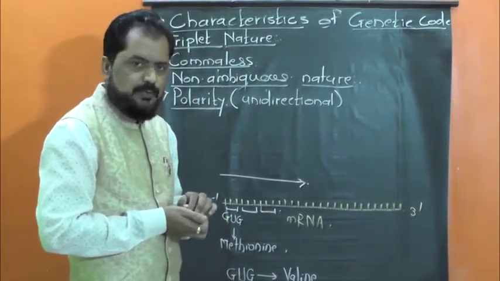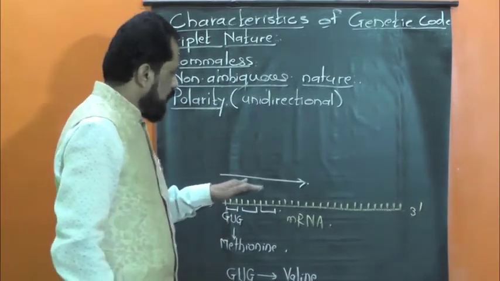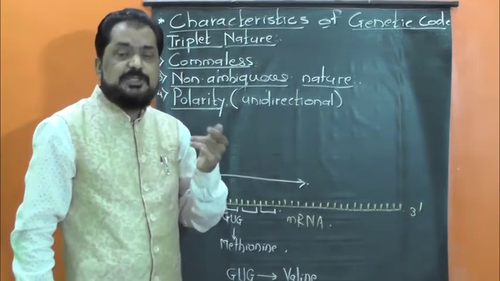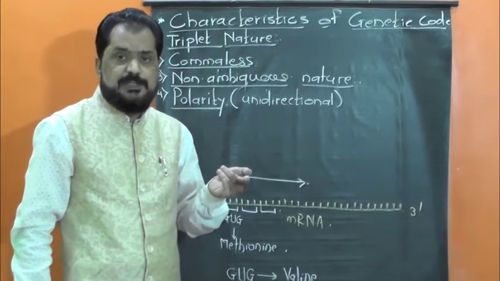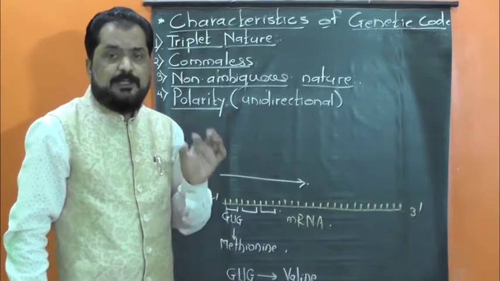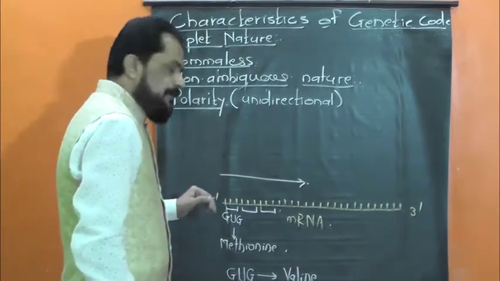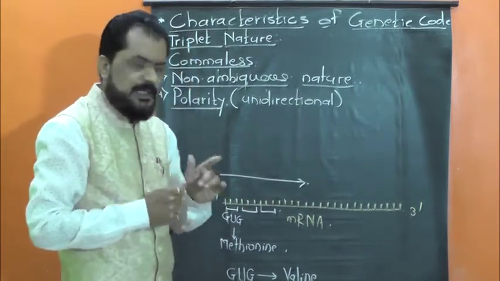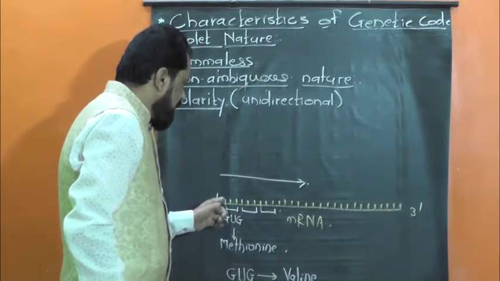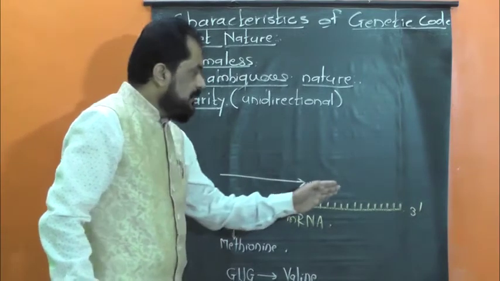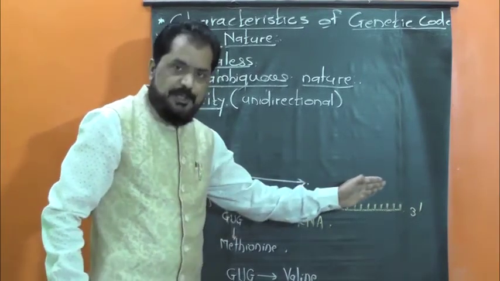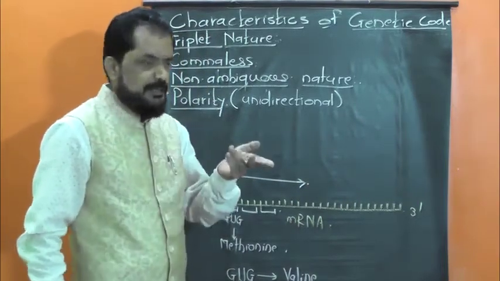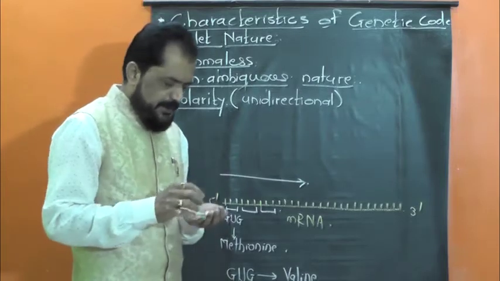याचा अर्थ असा होतो की जेनेटिक कोड किंवा कोडॉन्स हे पोलॅरिटी दाखवतात. ज्या वेळेला ट्रान्सलेशनची प्रक्रिया होते, प्रोटीन सिंथेसिस सुरू होतं, त्यावेळेला रायबोझोम हा नेहमी या मेसेंजर आरएनए वर असणाऱ्या कोडॉन्सला 5' end पासून रीड करायला सुरुवात करतो, and it is carried out towards the 3' end. That is unidirectional way. This is called the polarity.